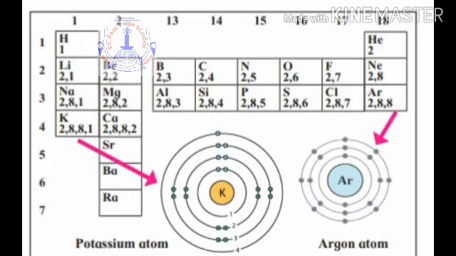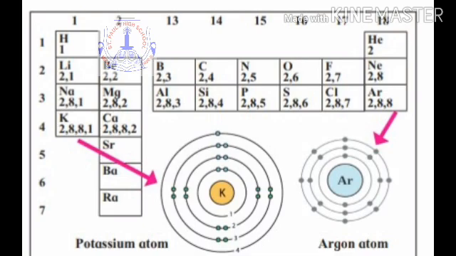The more the electron is far from the nucleus, the more easily it is lost by the atom. So in this way you find if you go from top to bottom, as the number of shells increases, the outer electrons become far away from the nucleus, and therefore they are easily lost, and therefore the metallic character goes on increasing from top to bottom. Same way here also you find in every group the metallic character goes on increasing from top to bottom, because the number of shells goes on increasing and the last orbit electrons will be far away from the nucleus.